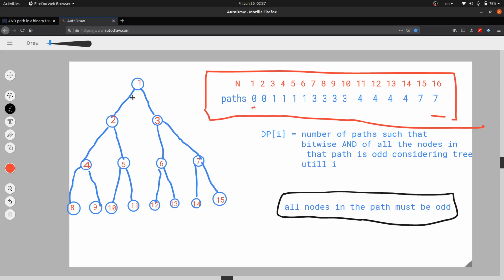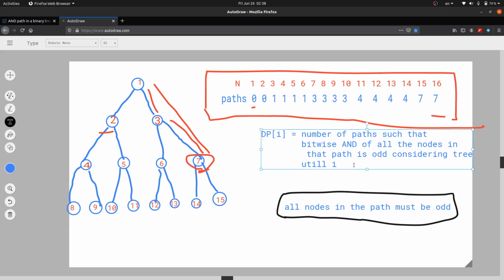For i equals 1 there will be 0 paths, for 2 there will be 0 paths, for 3 there will be only 1 path, for 4, 5, 6 there will be 0 paths, for 7, as this is odd, there will be 2 paths that include 7.